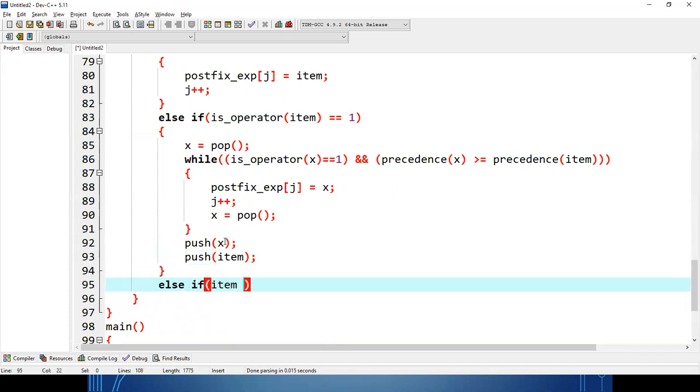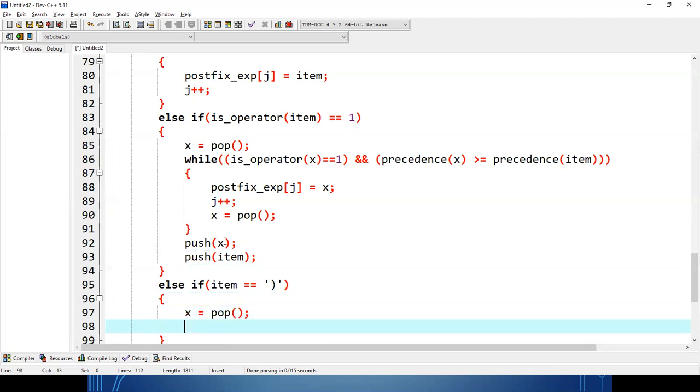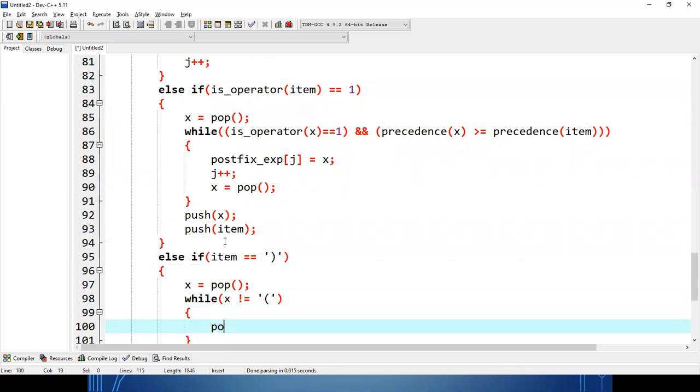What is that? Now if I am encountering a right bracket. Whenever I encounter a right bracket, the same process continues. What will I do? I'll pop one by one character from the stack till this x is not equal to left bracket, because till I am not encountering the left bracket, I'll continue my process.